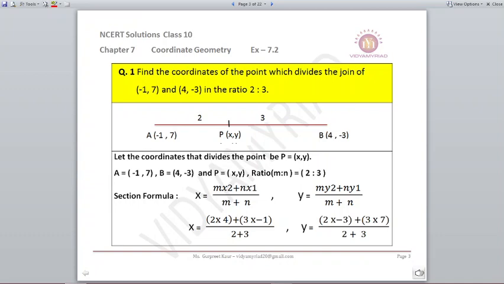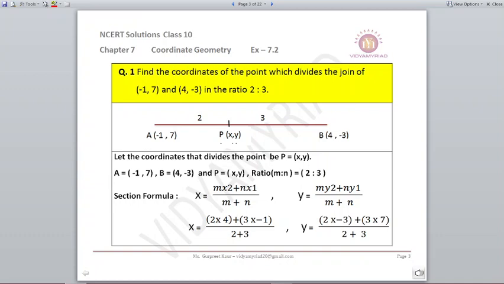So let us use this in a section formula. What is the section formula? For finding the x coordinate, your formula is m into x2 plus n x1 upon m plus n, and to find y coordinate we have m y2 plus n y1 upon m plus n. We have all the information with us. We have m is 2, x2, what is x2? x2 will be 4, the B coordinate, okay, plus n, what is n? n is 3, x1 is A coordinate, that will be taken as -1.